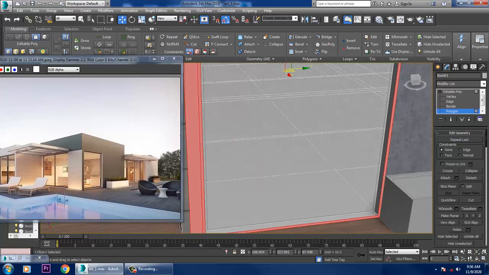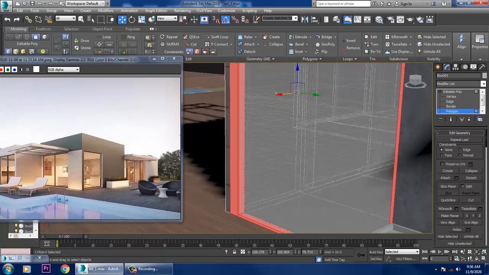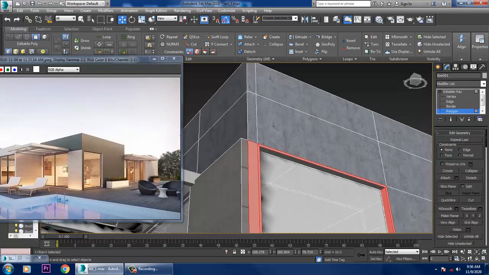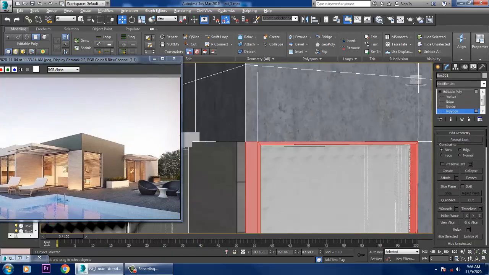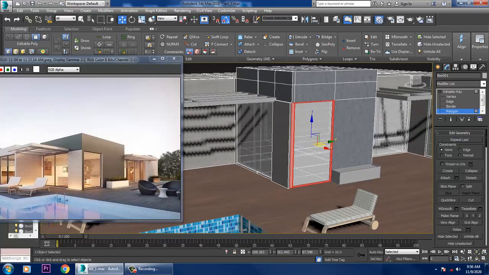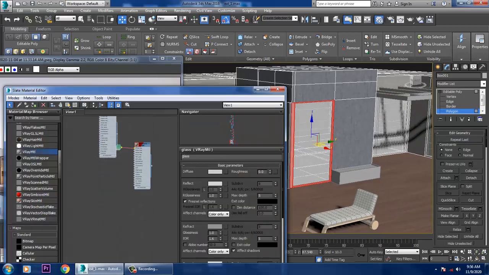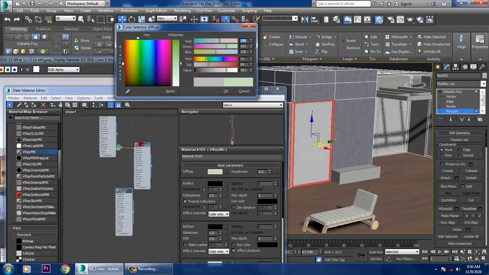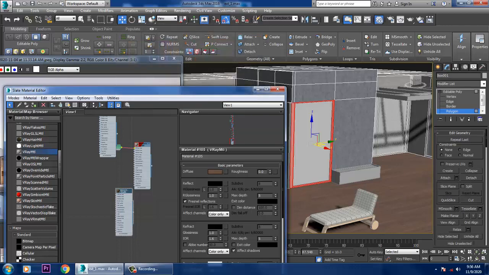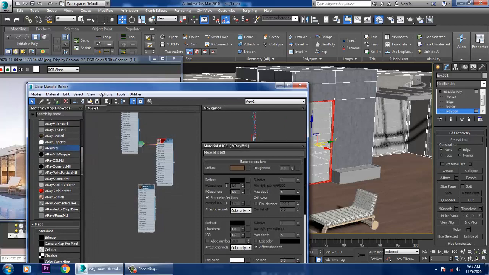You can select this frame over here, go into material, V-Ray material, and give any darker color to that particular frame. Assign it.